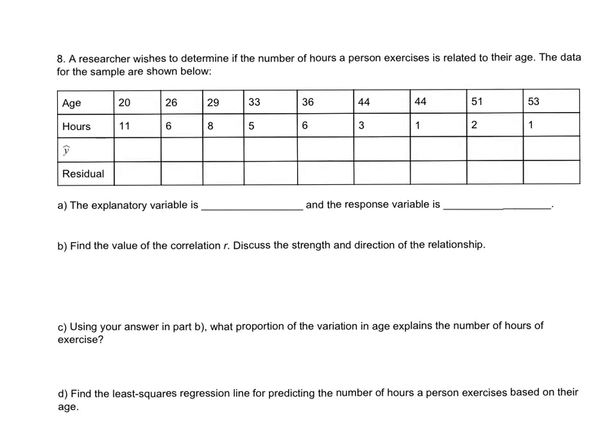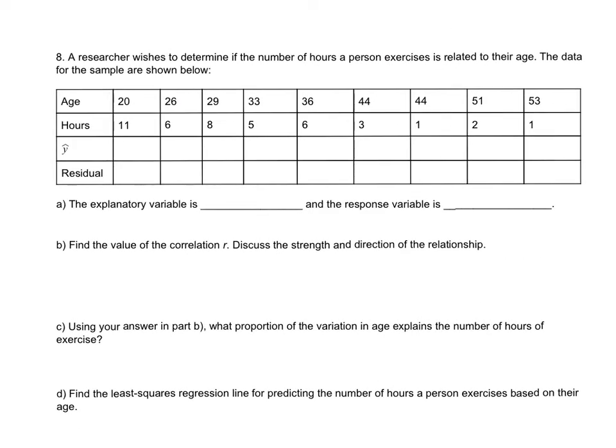So in our next example, a researcher wishes to determine if the number of hours a person exercises is related to their age. We have a table of data for 9 people: 9 ages and the corresponding hours that those 9 people exercise. So again, picking out which is the explanatory and response variable: we want to see if the number of hours the person exercises is related to their age. That tells me the age is my explanatory variable, and my response is the hours of